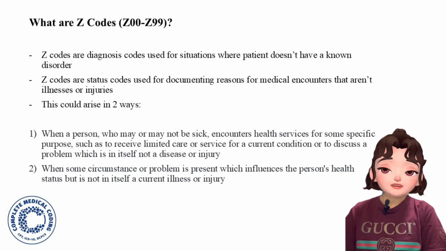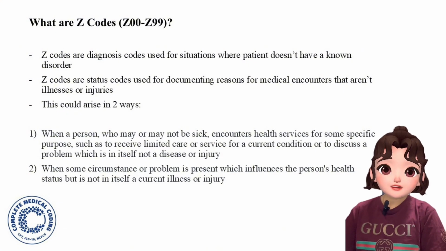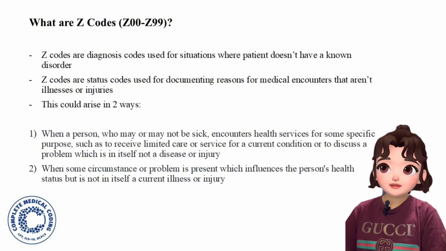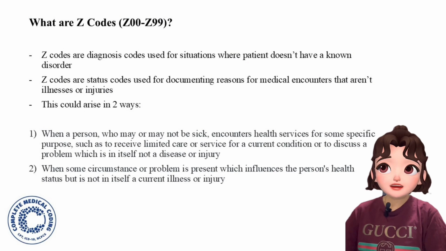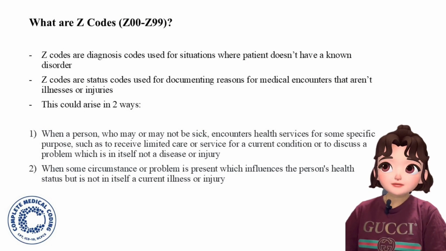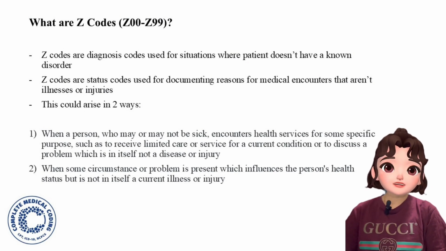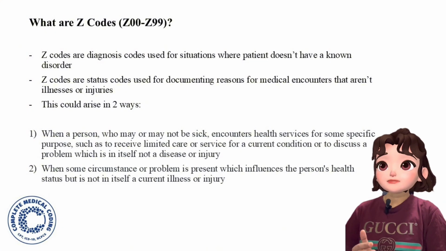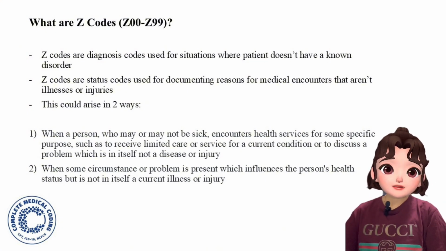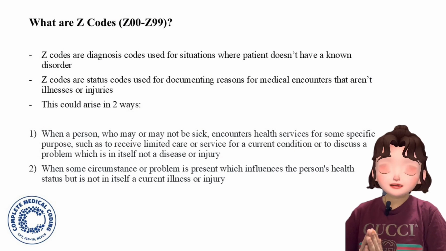So, where are we using Z codes or what are those Z codes? Z codes are the diagnosis codes which are used for situations where patient doesn't have a confirmed diagnosis or the patient doesn't have a known disorder. We cannot say confirmed diagnosis. Patient doesn't have a known disorder. Okay. This is just to check whether the patient is having, like a query, if the patient is having this